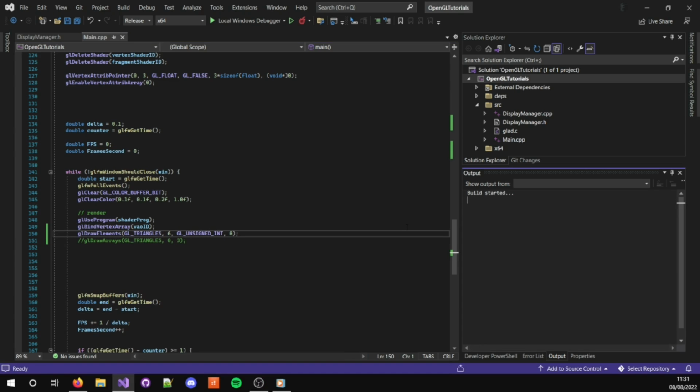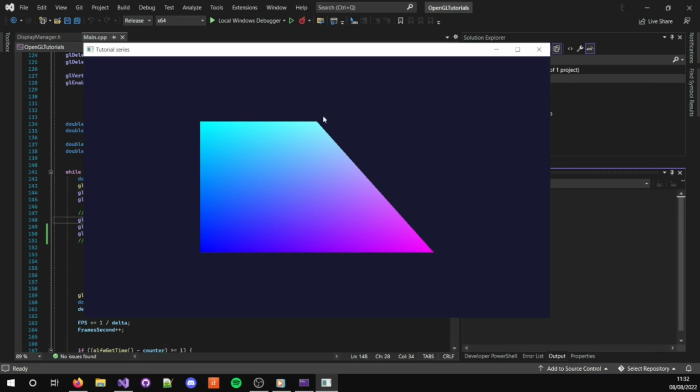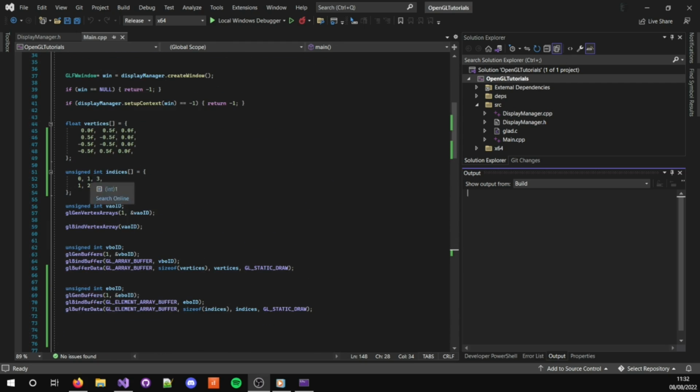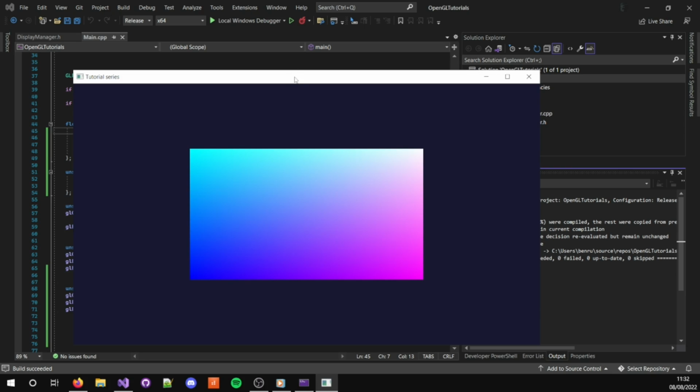So let's build and see what occurs. Well, we get this, which isn't quite right. So I've obviously made a small mistake with the extra coordinate. Ah, there it is. And we have our nice little quad,